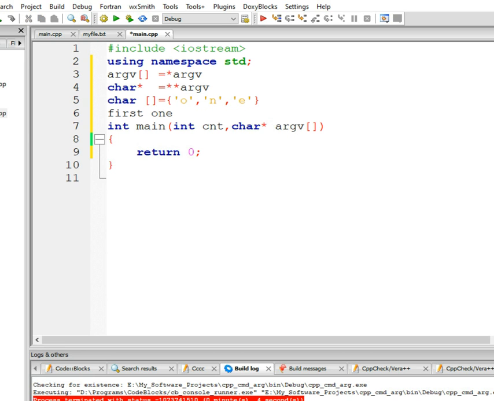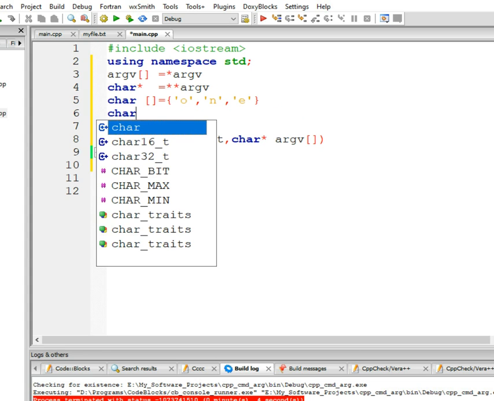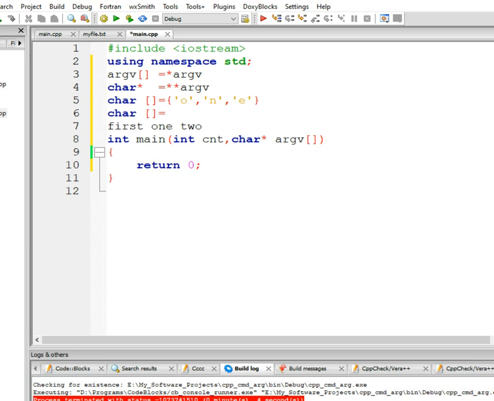Now you can give a second argument to the program. So again you need a second character array to store this string. So a second character array, let's say T, W and O. Now let's see how many arguments we are passing to the program. We are passing 2 arguments, and each argument is stored in a character array. So in total I need 2 character arrays. It is not feasible to pass n number of character arrays to the main method.